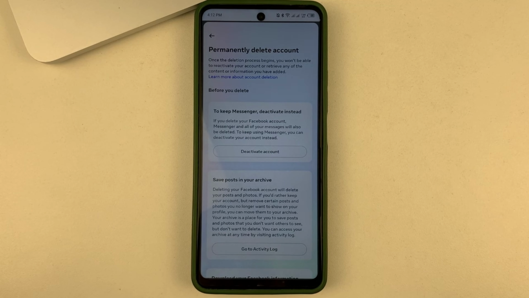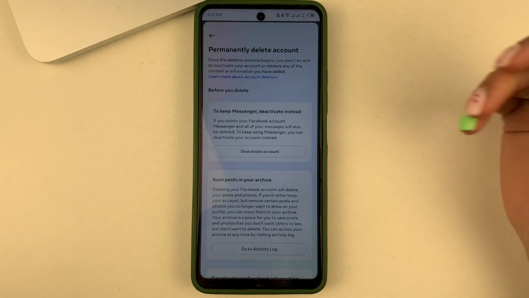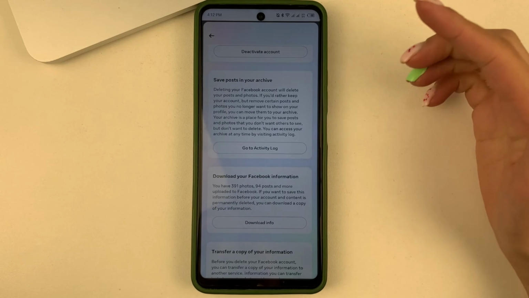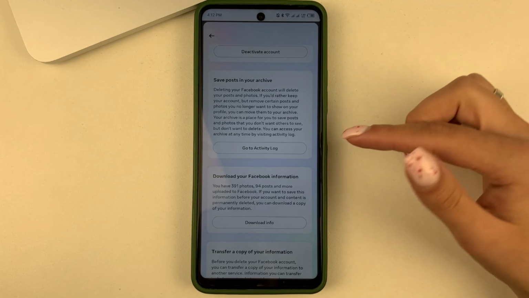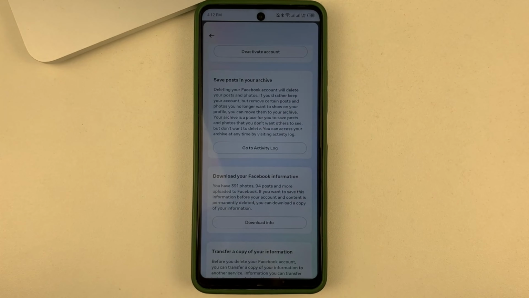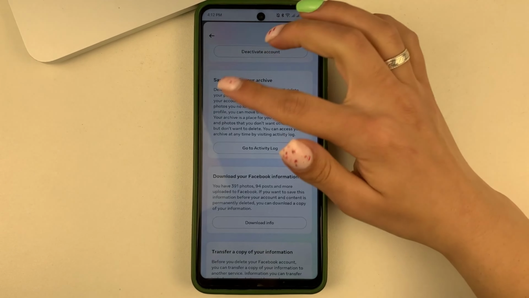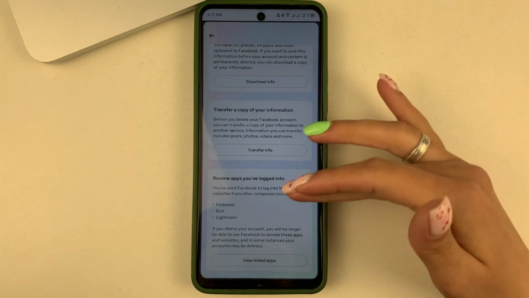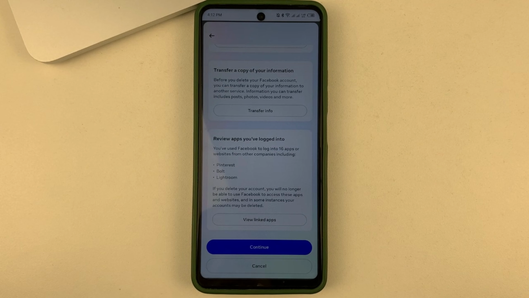At this point, you will be prompted to do some actions with your page. For example, you will once again be prompted to deactivate your page rather than delete it. You may also be prompted to save your data from Facebook, and also to save your posts, like copying your information and so on. And you might consider if you want to do any of the above suggested things. If you don't need all of that, press Next.